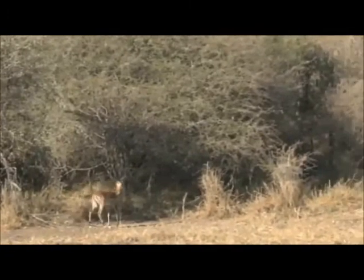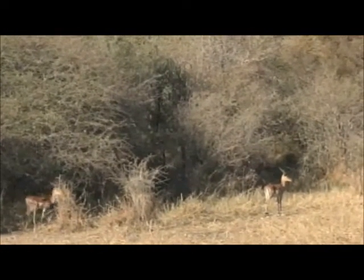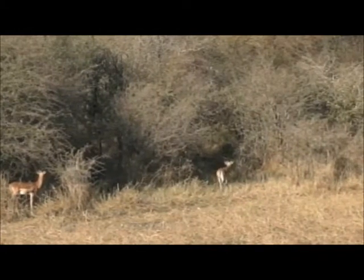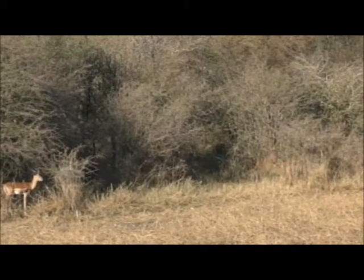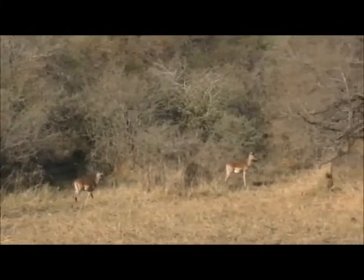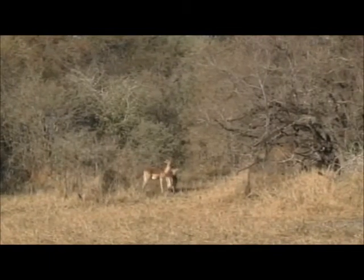Now those Impala would have been born about 20 months ago, or 19, so November of 11. December of 11. So they would have been conceived in May of 2011. April, May, born November, December 2011. We made them yearlings last year, and this past